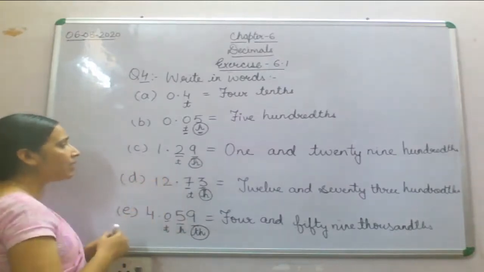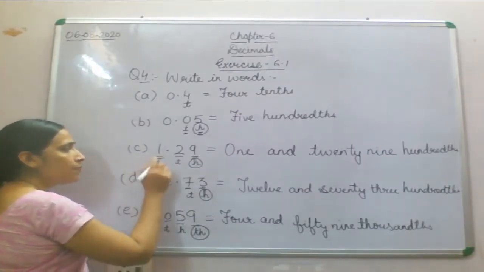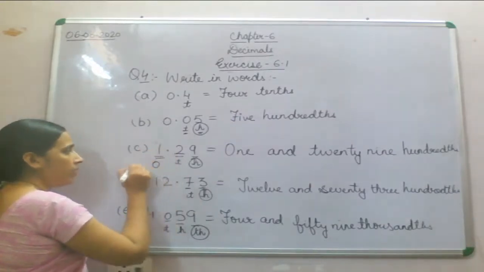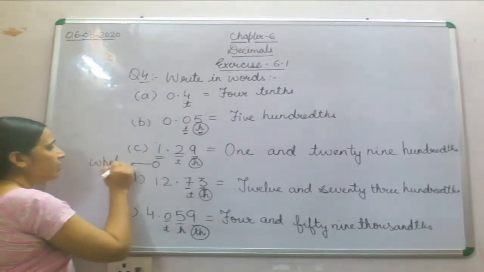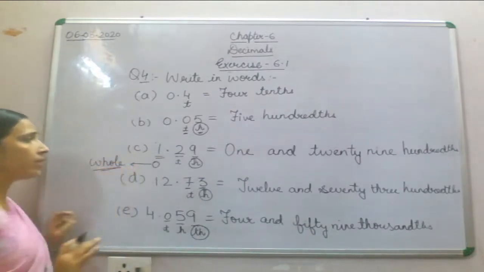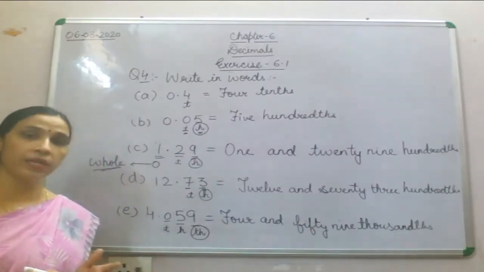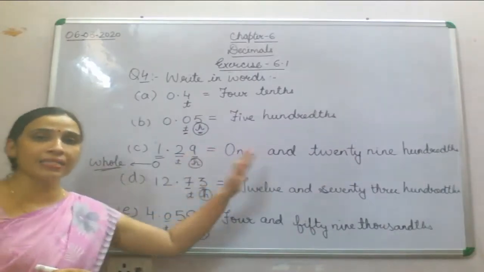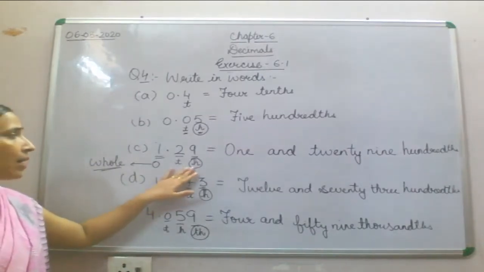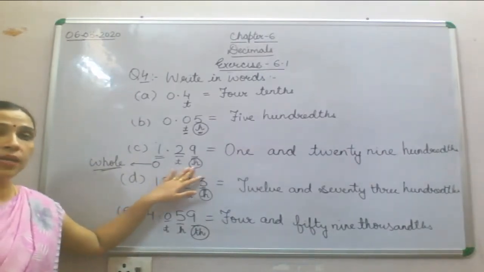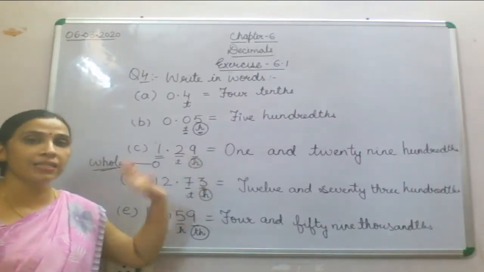You will have been given that ones place also. Ones place, which is your whole number. So it is given a whole number also there. So we are not supposed to do anything in the whole number. We are going to write the whole number as it is, and then we have to see in the decimal part which is the highest place value, and by using that highest place value we will write the decimal part.